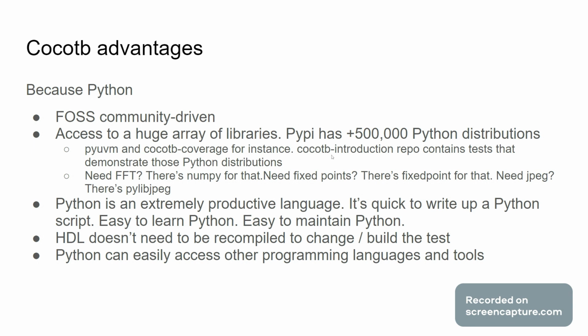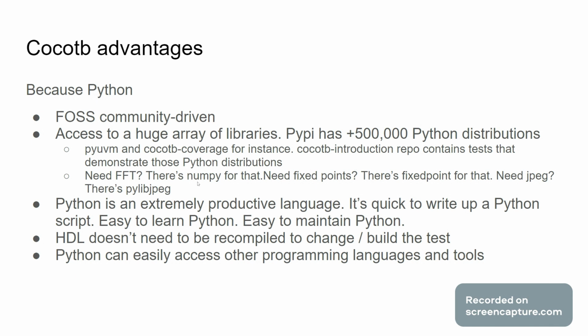The cocotb-introduction repo that I'm going to mention later is going to contain tests that demonstrate those two pretty important Python distributions. And then of course you just have other stuff, right? NumPy gives you operations like matrix operations and FFT. There's a PyPI fixed point library. I haven't used this one personally, so I can't say